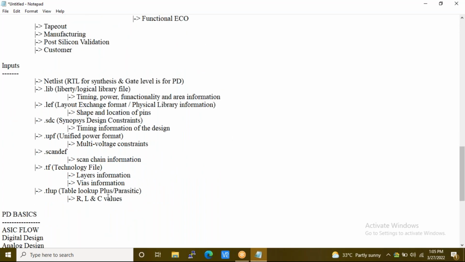Resistance, inductance, and capacitance. When you're talking about any wire, what will you majorly focus on?